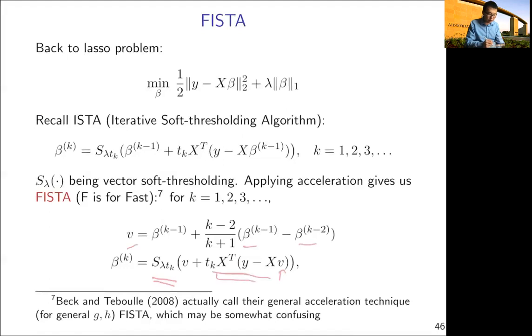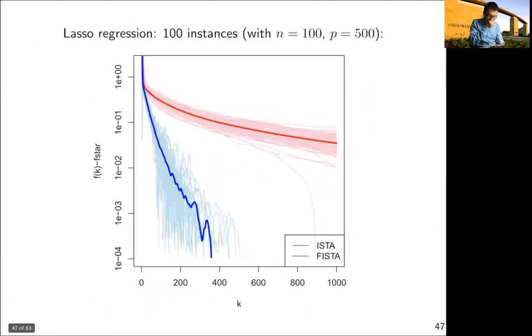and whatever you get here is a vector, right? And the soft thresholding is simply a linear time algorithm on this. So in this case, acceleration actually does not incur additional computational burden on the algorithm, at least not too significantly. Okay, so if you look at the convergence rate, it is also a lot faster, and you see this nice Nesterov's ripple